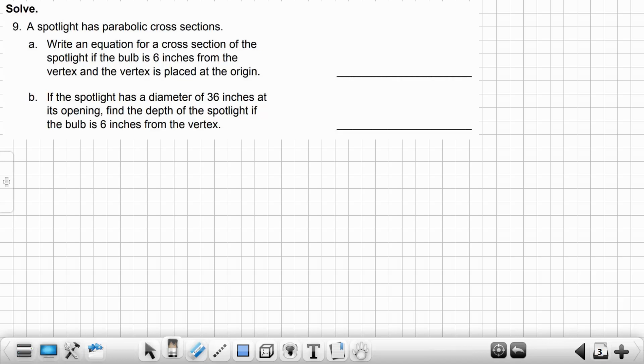So the purpose, guys, a very easy application and use of a parabola is a flashlight or a spotlight. A flashlight or a spotlight. If you look at a flashlight,